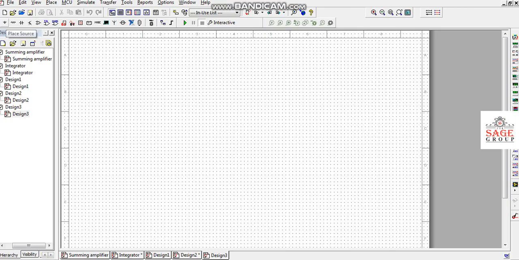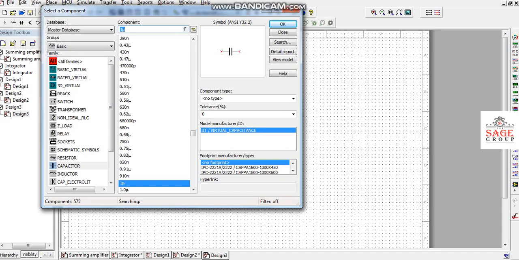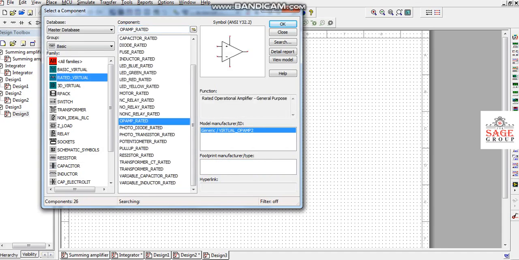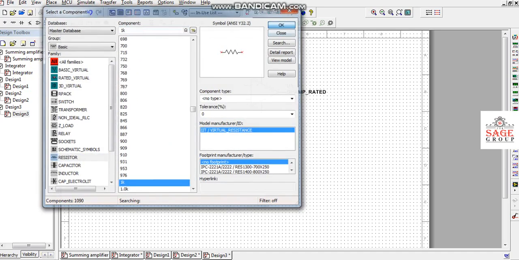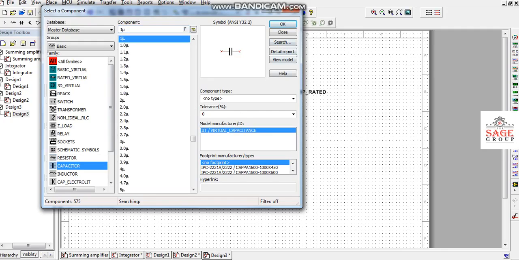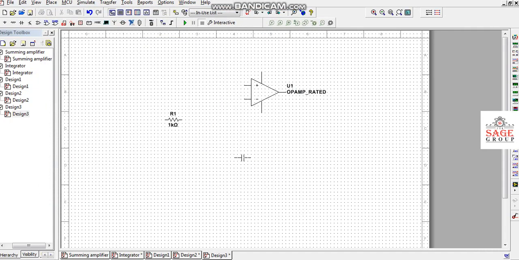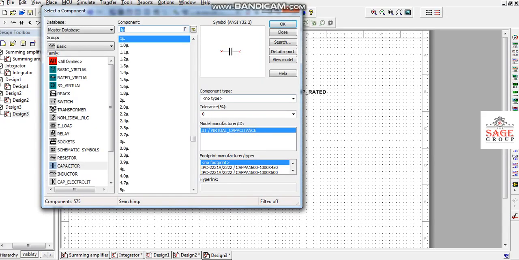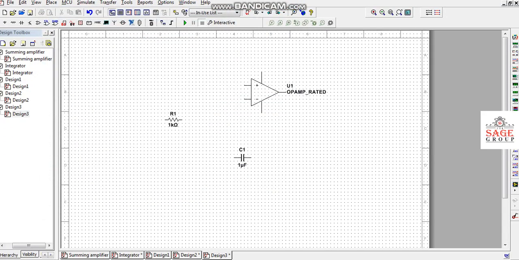First we will place the operational amplifier. From the rated virtual, I will place the op amp in this way. Then I will place a resistor, a capacitor, to connect this capacitor in the feedback circuit.